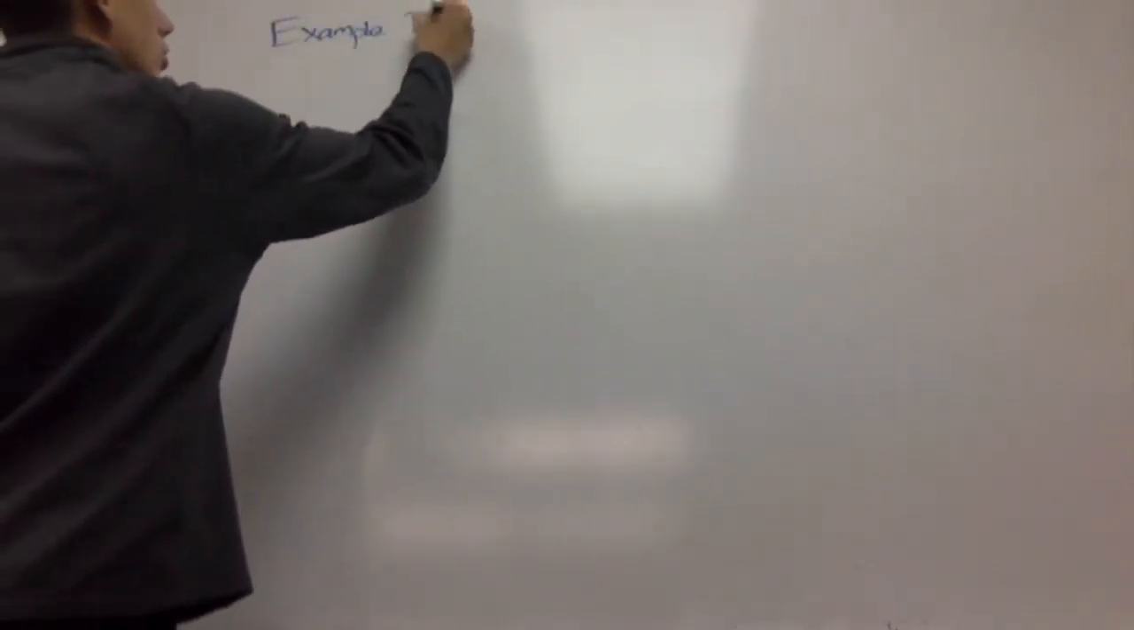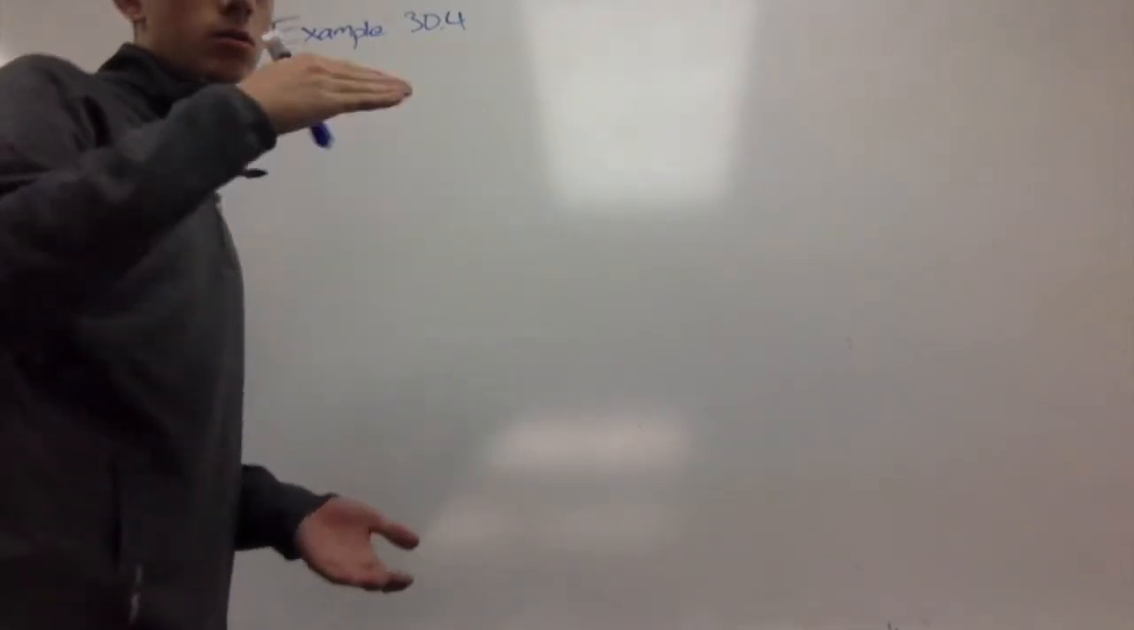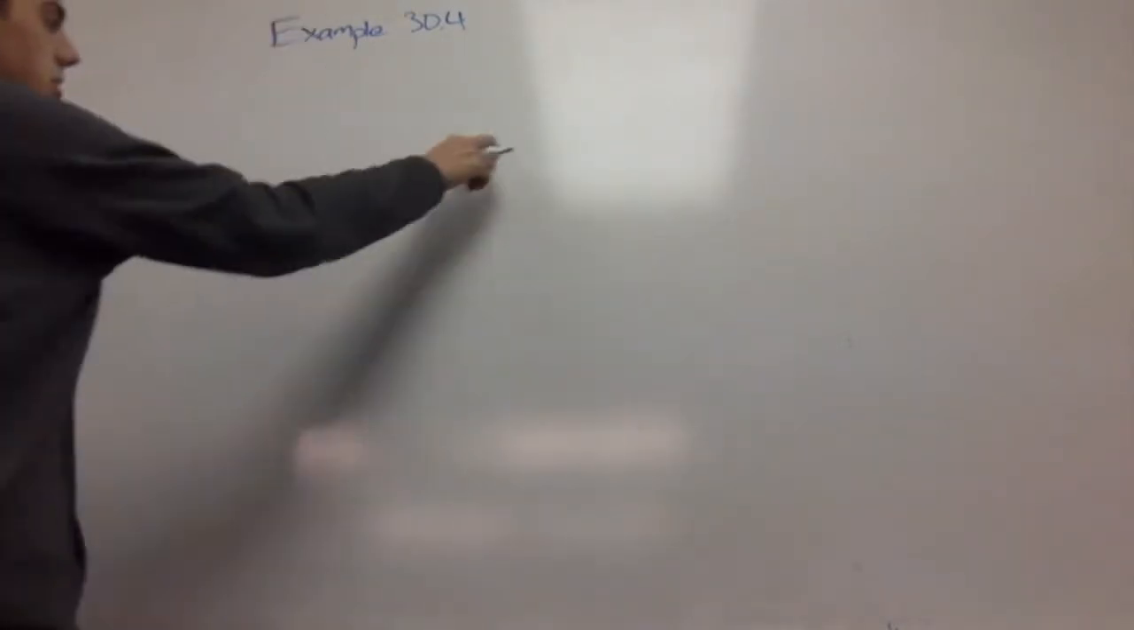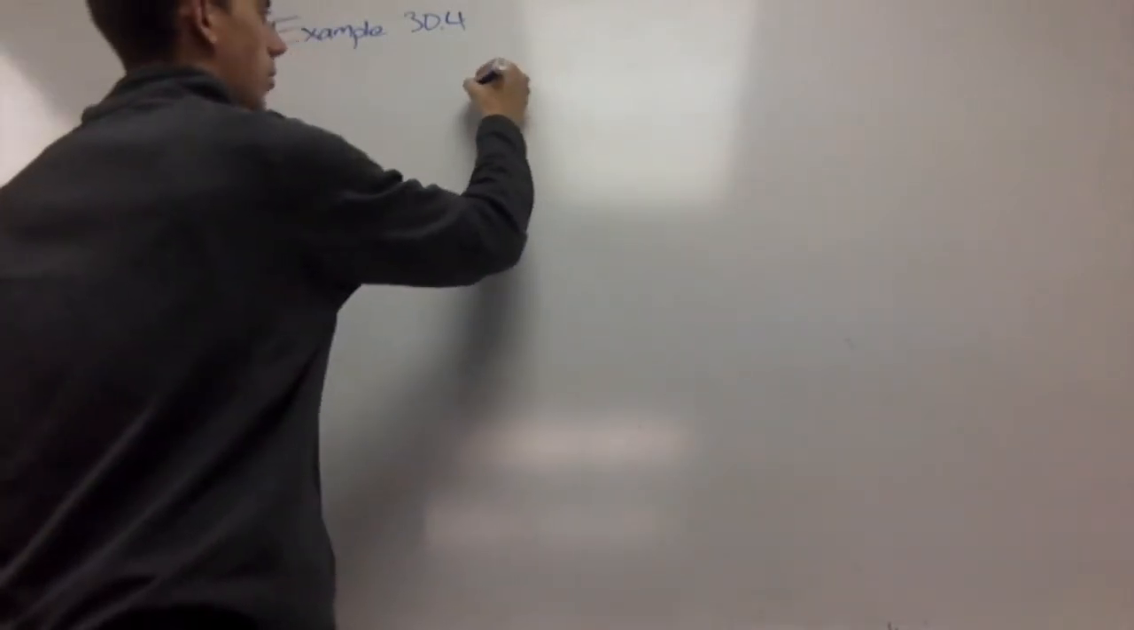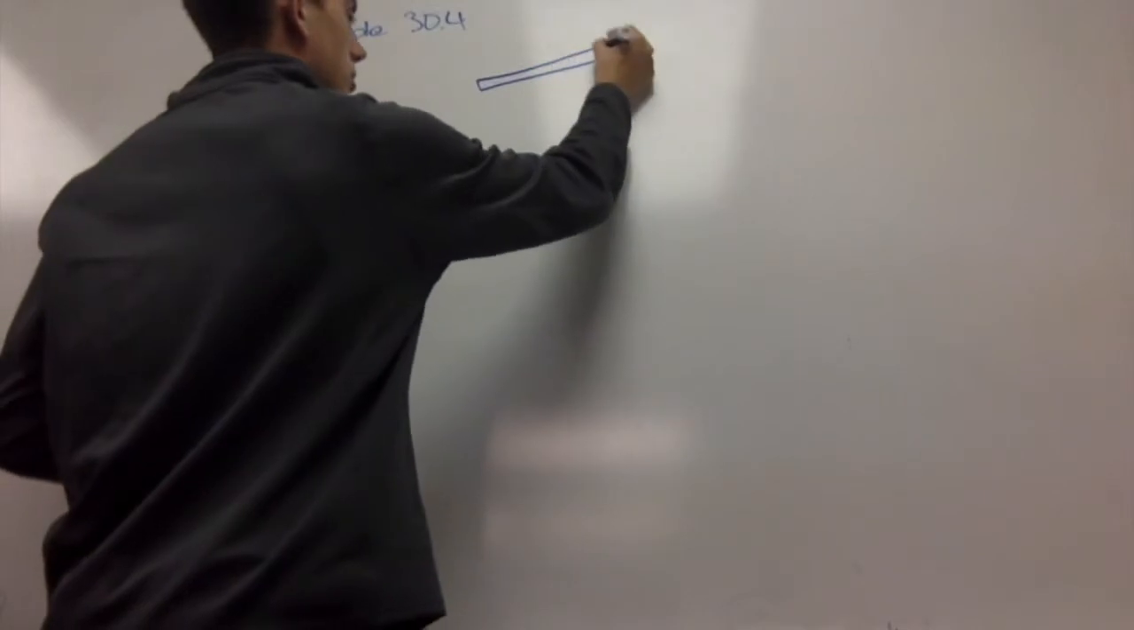Hey guys, we're going to be working on example 30.4 out of the textbook, which is a basic problem dealing with two parallel conductors and a third conductor that they're kind of resisting. Let me show you. Here's an attempt at a 3D drawing, but we have two